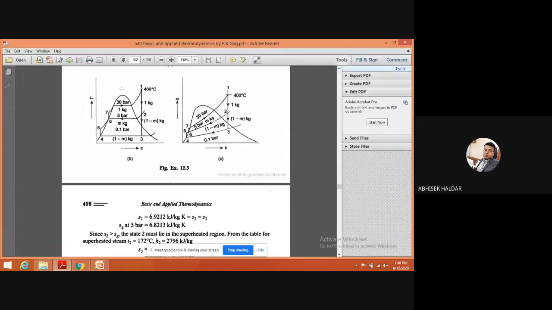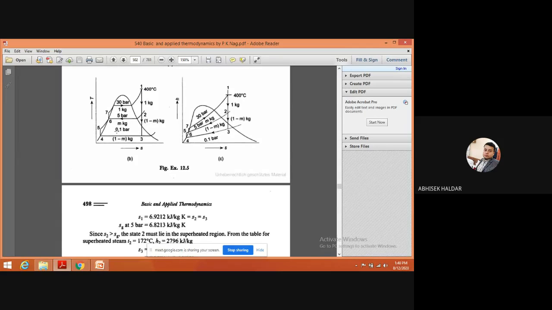You see, mean temperature of heat addition, I'm telling all of you, try to understand, it always depends on which heat addition. From the name it should be clear. That means it is dealing with heat addition, right? So heat addition means external heat addition. Here in regeneration, there is some part by internal heat addition. Which part is internal heat addition? From which point to which point in this plot?